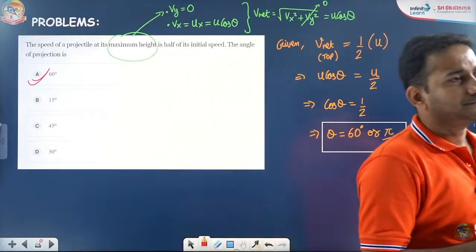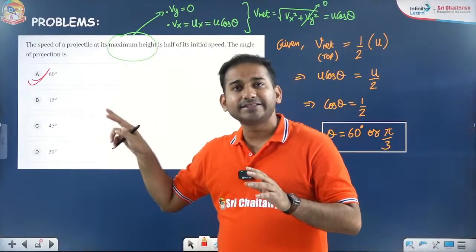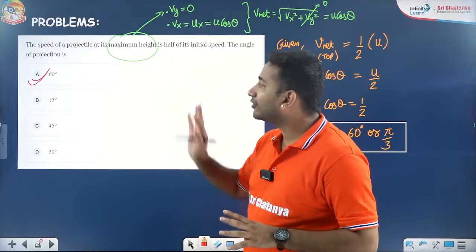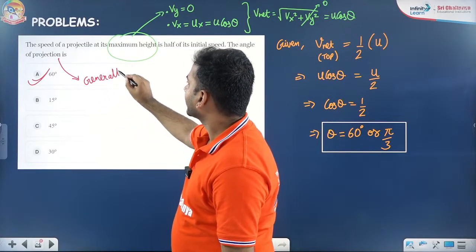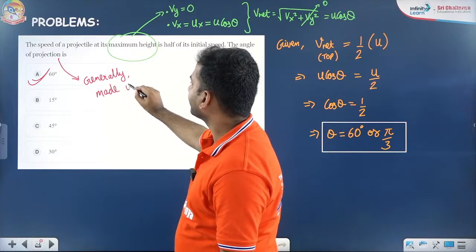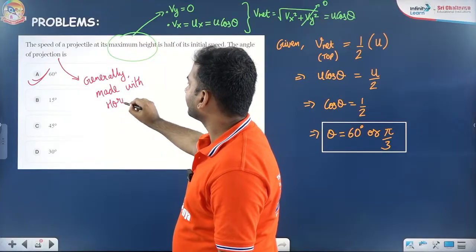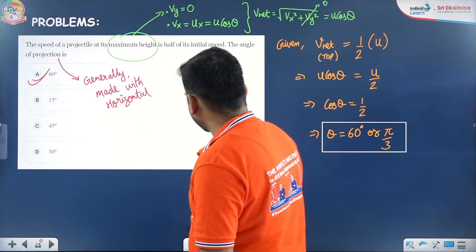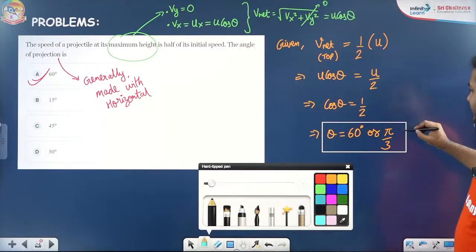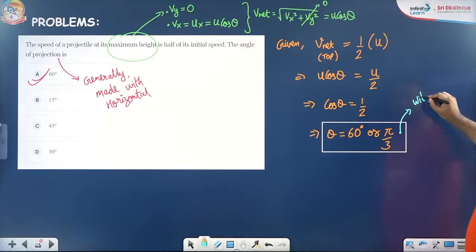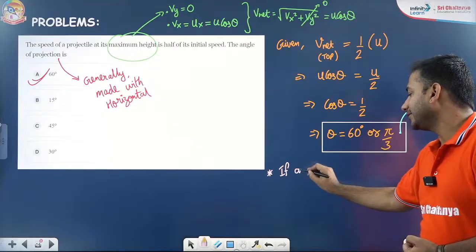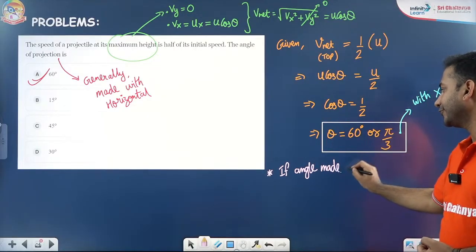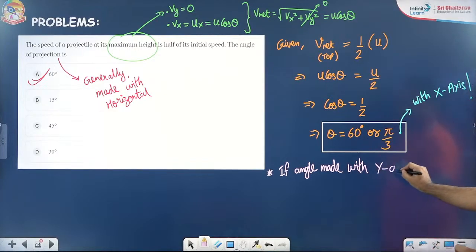All right. Now, this question seems very easy. They ask the angle of projection. Angle of projection is generally made with the horizontal. But if they mention the angle, theta is equal to 60 degrees with the x-axis. If they ask the angle with the y-axis, then definitely that will be complementary to it. If the angle made with the y-axis is required,